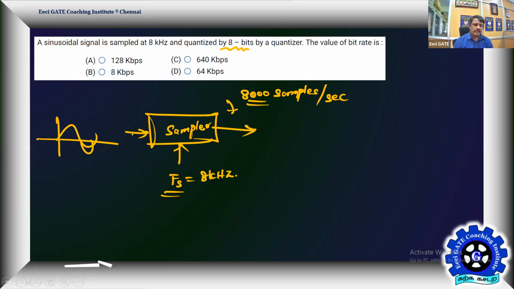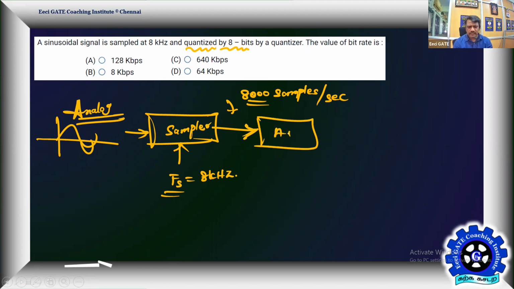So for the given signal, this is a continuous analog signal, and what we are going to get after sampling is a discrete analog signal. Then you need to make your signal a discrete digital signal by using a quantizer. That quantizer will usually be an analog to digital converter. It does the quantization, that means we assign for every analog value a digital code. That's the process known as quantization. The one who is doing that, we call it a quantizer.